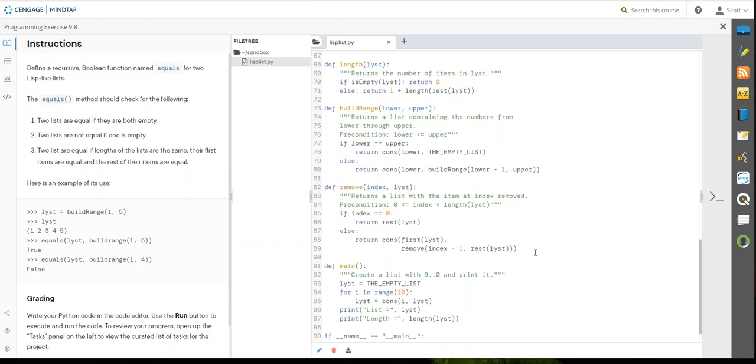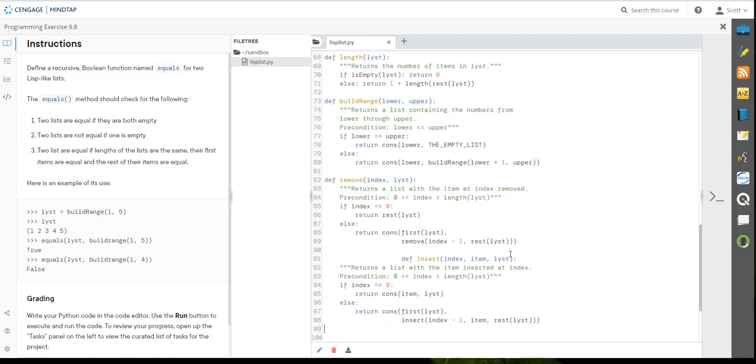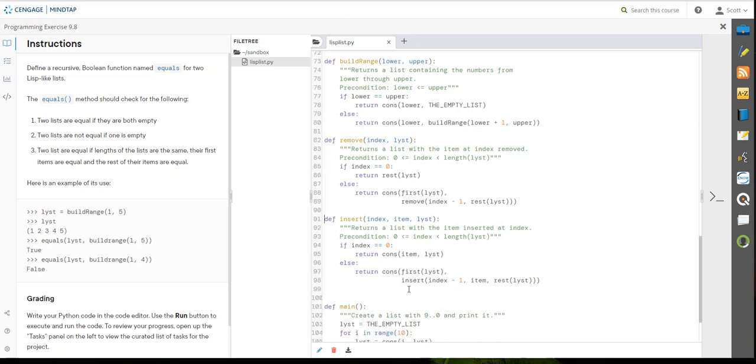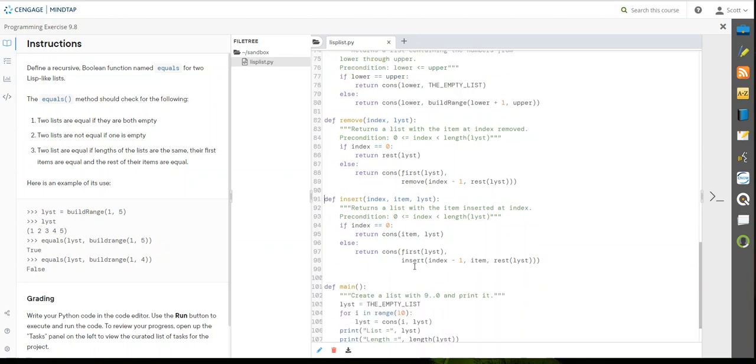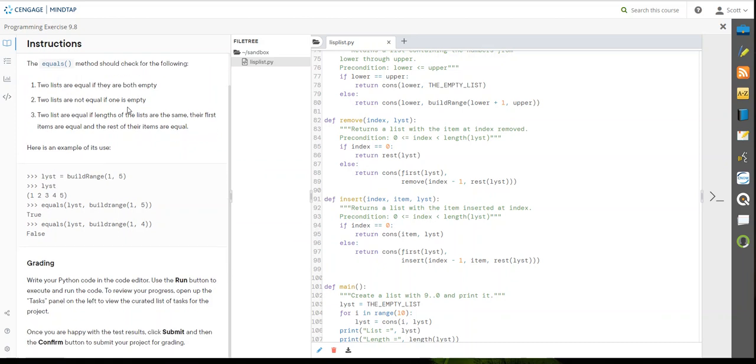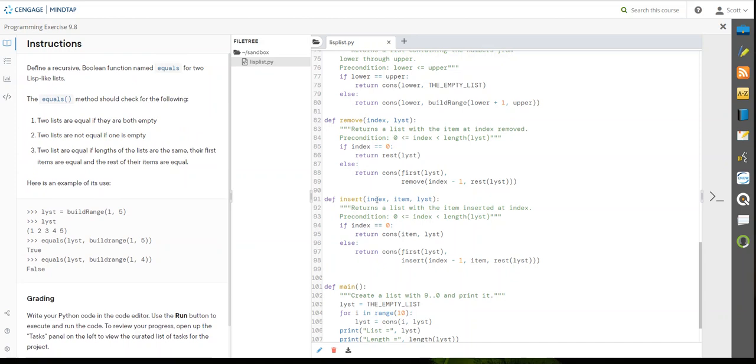Okay, I've got from the last one, and there we go. There's our insert from the last one. And they didn't tell us that we needed to do that. I just want to make sure that everything that we have is actually there. Anything we're supposed to have is actually there. So from here, we need to